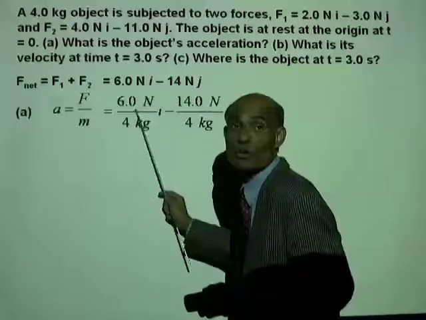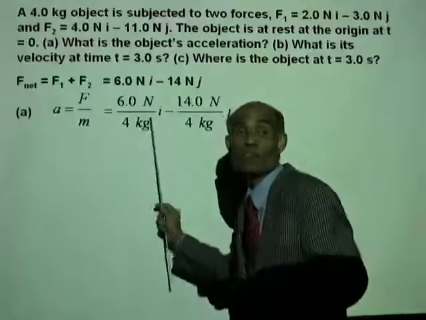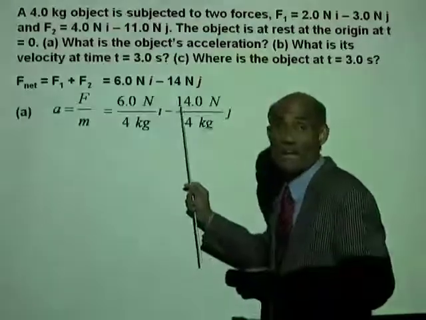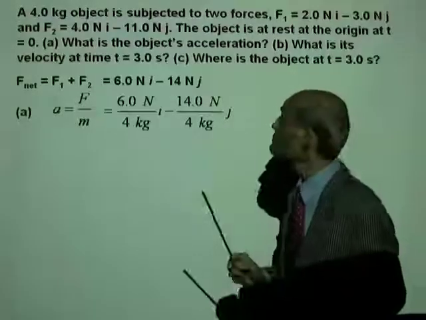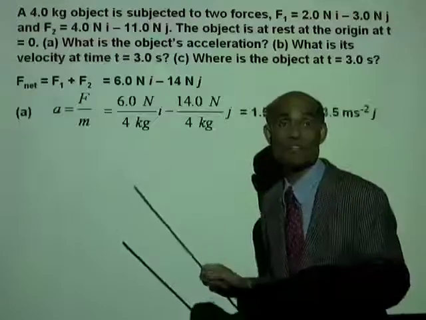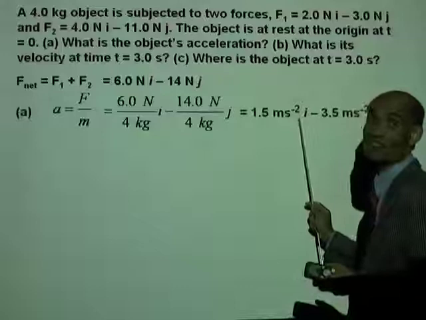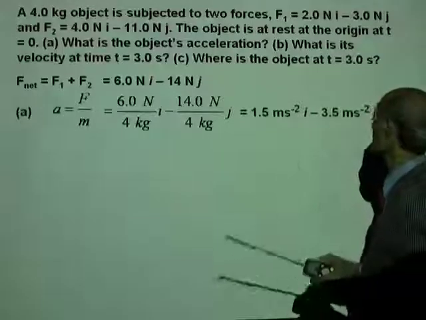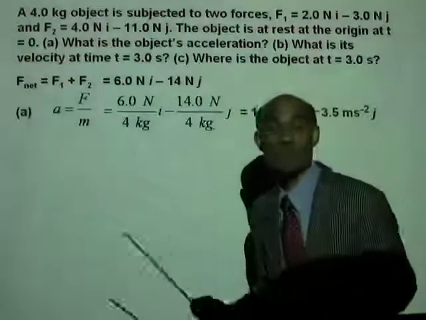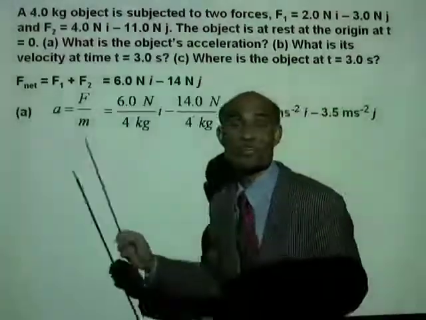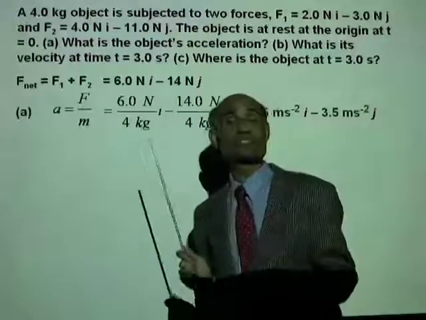That is the x component of the force divided by the mass gives you the x component of the acceleration, and the y component of the force divided by the mass gives you the y component of the acceleration. That will be 1.5 meter per second squared in the x direction minus 3.5 meter per second squared in the y direction. That means if you now use this acceleration to calculate the velocity at t equal to 3 seconds,